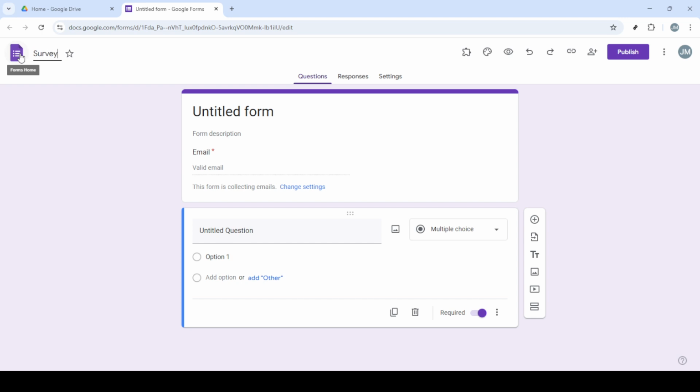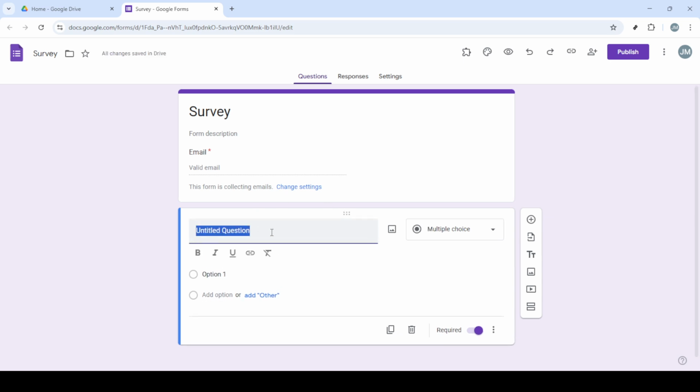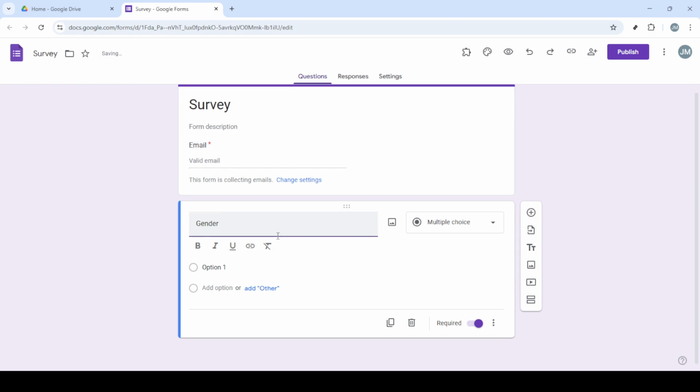Next, within Google Drive, look towards the top left corner for the big, colourful button labelled New. Clicking on this will present you with a drop-down menu. This menu is filled with options to create different types of documents, presentations, and more. From this menu, select Google Forms. It might be hidden under the More section, so you might need to give that a click if you don't